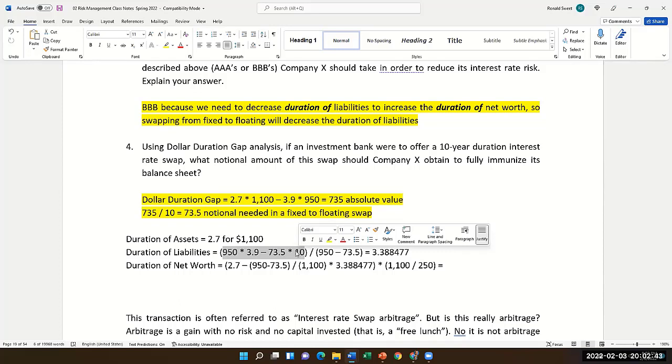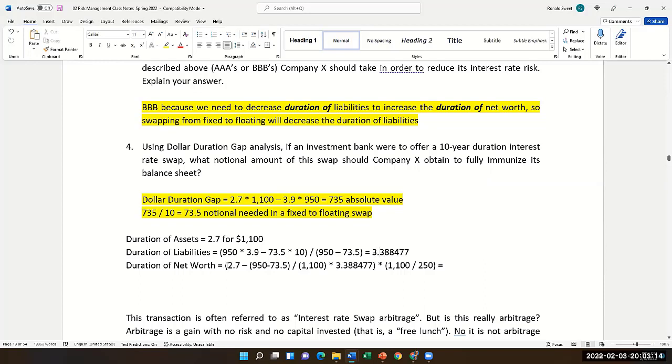But here they're going from fixed to floating. So it's actually a negative duration liability. So you actually subtract the 73.5 times the duration of the swaps. So our liabilities duration is 3.9. The swaps duration was 10. That was given in the problem. We divide that by our liabilities and it gives a duration of liabilities of 3.38. So reduce the duration of our liabilities just like we wanted to from 3.9 down to